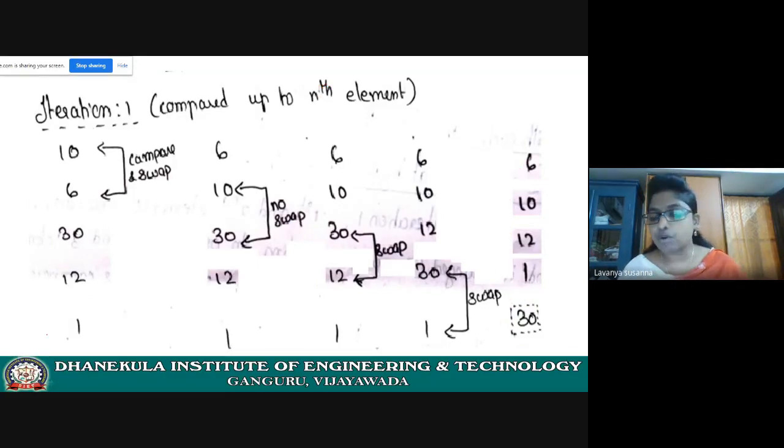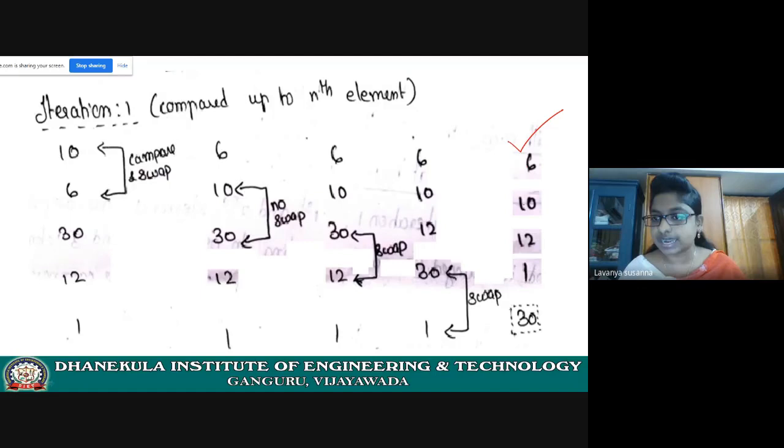Now what you have to do is draw some dotted lines like this. In the last element, draw some dotted lines. That means in the next iteration, you should not consider this n minus 1 element, the last element. This is the resultant array of the first step. Now you need to take input. This is the input to the second step.